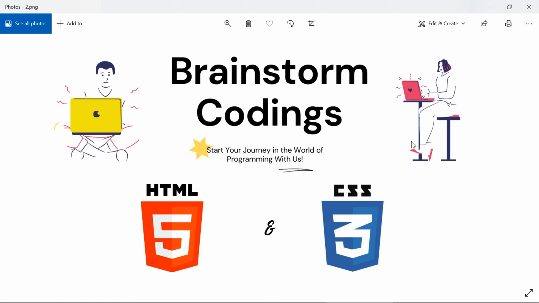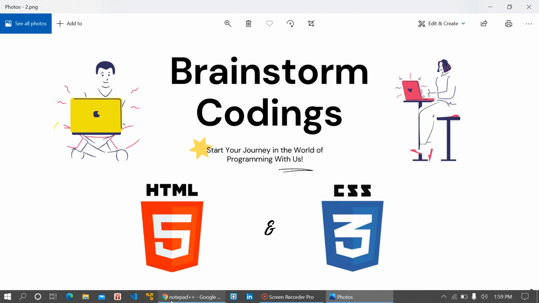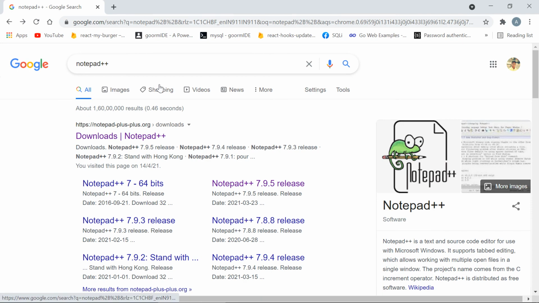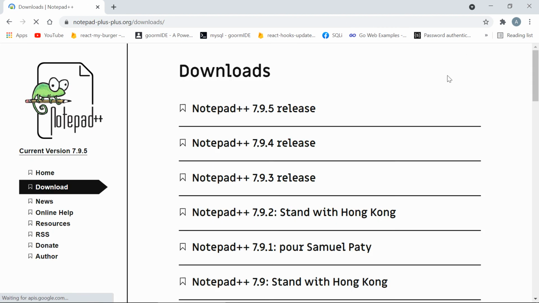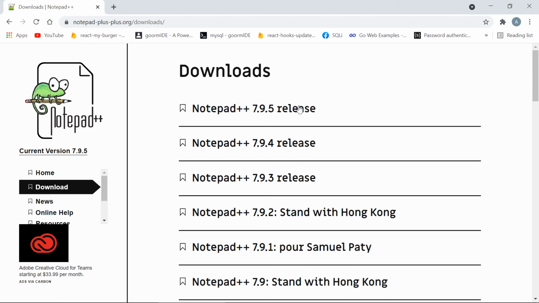And for this course, we are going to use Notepad++ as a text editor. You have probably heard about Notepad, most of you must have used the traditional Notepad, but Notepad++ has some additional features which help us to create web pages. If you want to download Notepad++, go to your browser, type Notepad++ in the search bar, and you will have this link for downloading it. Just click on this link, and the latest version we have is 7.9.5. So I'm going to go with this version,